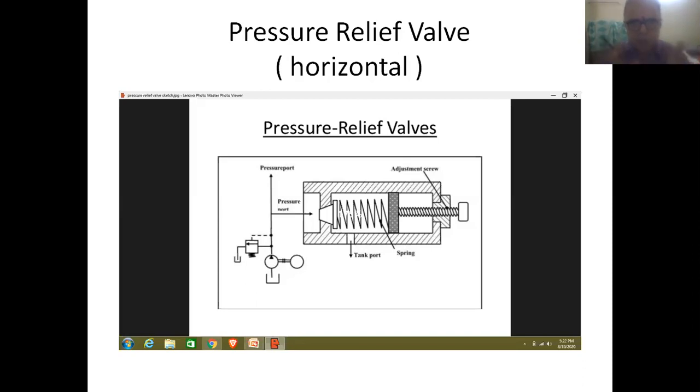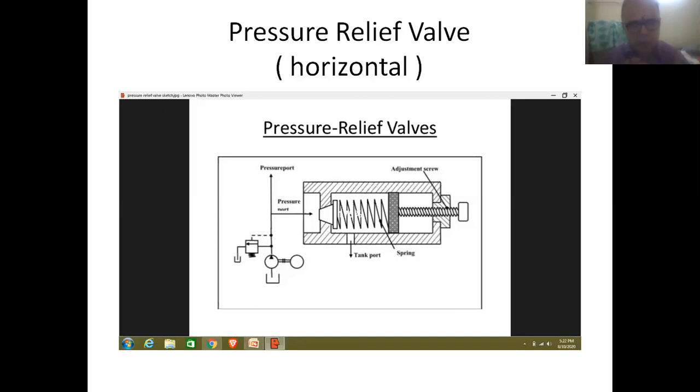So friends, this is a very simple and effective arrangement made for operating the pressure valve. If the pressure of the fluid is within the given limits, then automatically this valve will be in closed position.